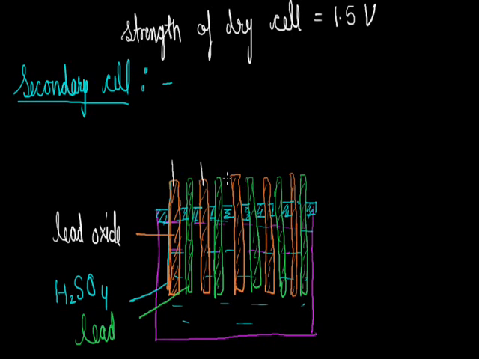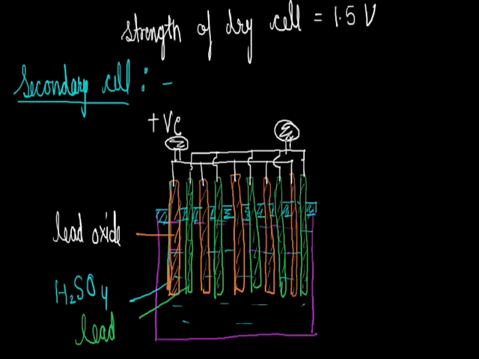All the positive terminal rods are connected at one side. This will act as the positive terminal of the battery, and all the lead rods are connected at the other side, which will act as the negative terminal of the battery. In the secondary cell, the sulfuric acid H2SO4 acts as the electrolyte. In the lead accumulator, 6 such storage cells connected in series make up your motor car battery.